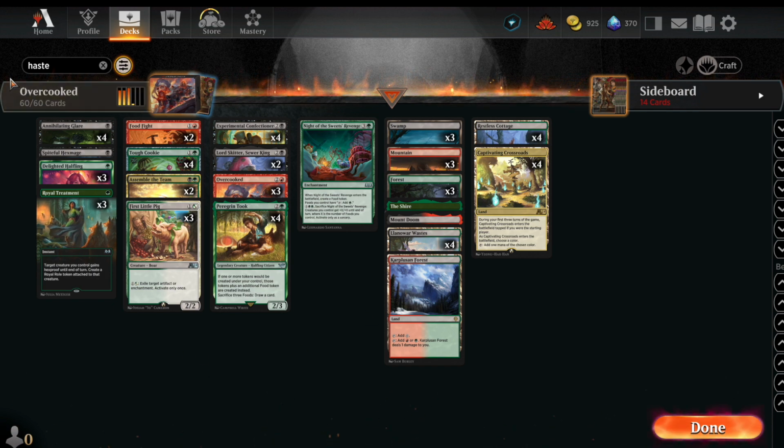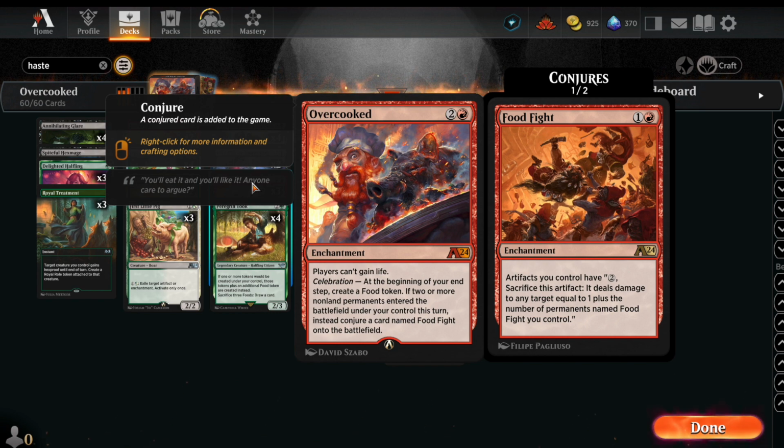Today's deck I'm calling Overcooked in honor of the card that inspired it. It's a new Mythic enchantment from the Wilds of Eldraine Alchemy set, and it has some cool effects. It first makes players unable to gain life, and then at the end of your turn, either creates a food